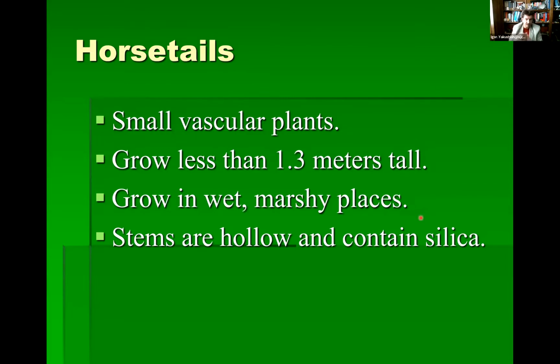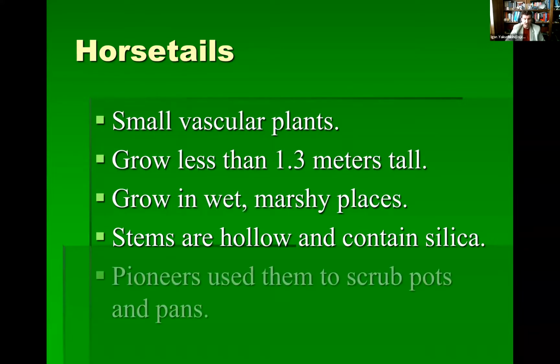For example, if you send a cow munching on the grass, it will happily munch on the grass, and then it will not touch the horsetails. Why not? Because eating too much horsetail in the diet will start upsetting and literally cutting minute cuts, tons of tiny little bitty paper cuts in the stomach, and eventually it might lead to heavy bleeding, and essentially the animal can die. If it just chews on one stem, not a big deal, but in some cases, it might lead to the death of the animal.